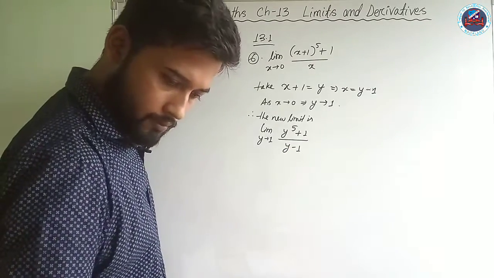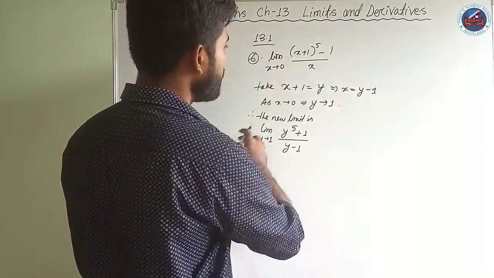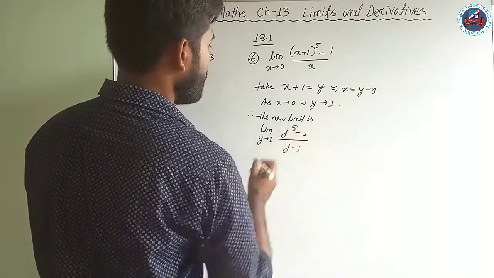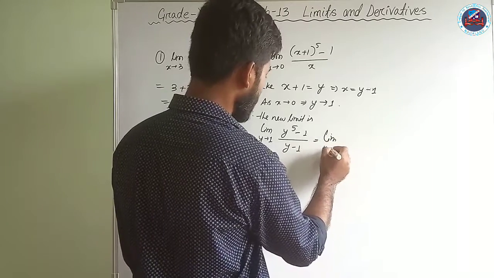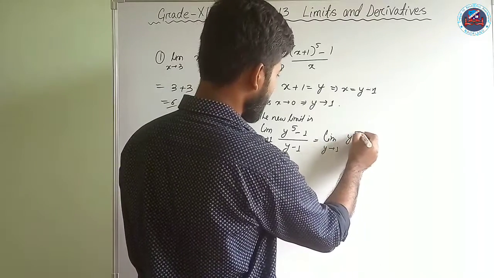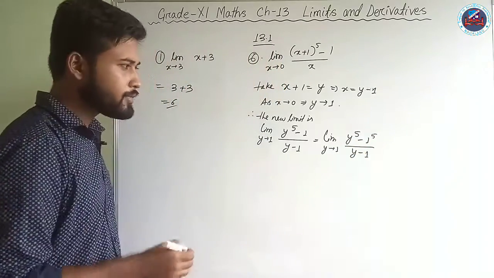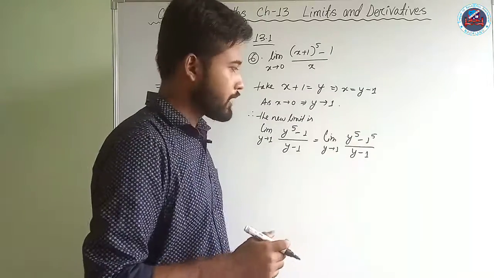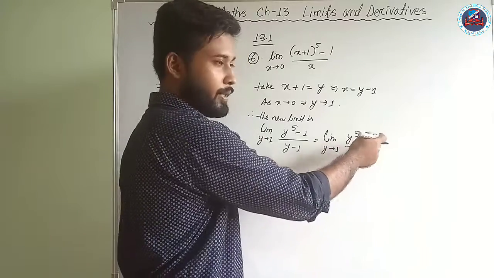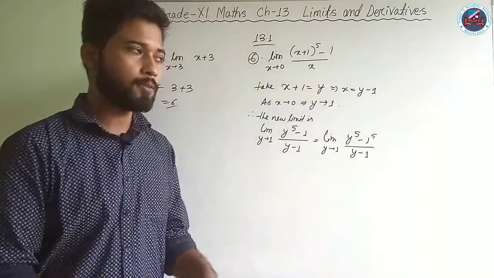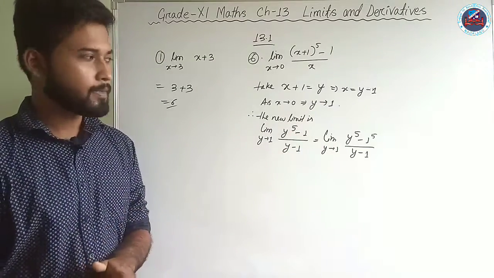Something is wrong here. Yeah, it is actually minus. Otherwise we cannot use the thing that we have done. Okay, minus. Now how does it look like? We shall be using a very renowned property: limit y tends to 1 of y to the power 5 minus 1 to the power 5 divided by y minus 1. Now this is a rational function. If you put y equal to 1 here, 1 minus 1 will be 0, and 1 to the power 5 minus 1 to the power 5 will be 0. So it is 0 by 0 form, indeterminate form, isn't it? So in such a case, what to do?